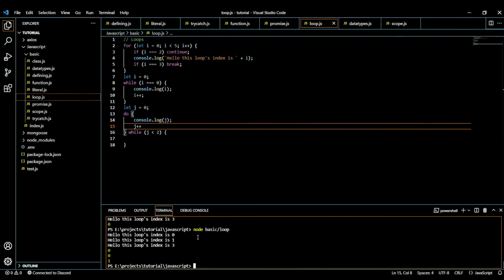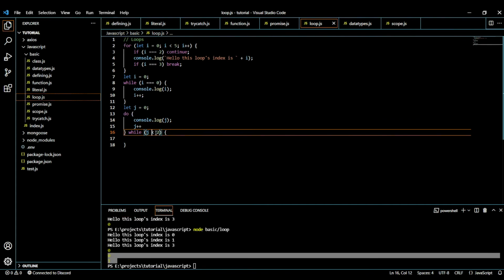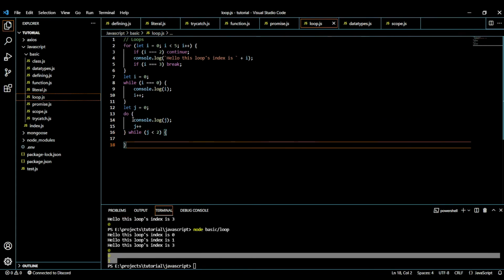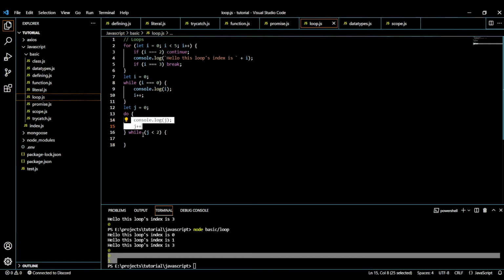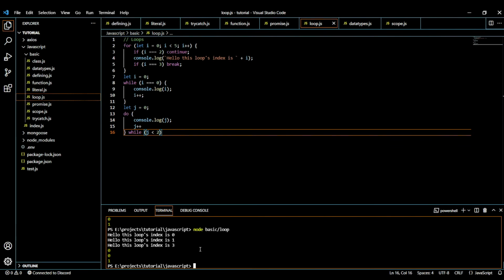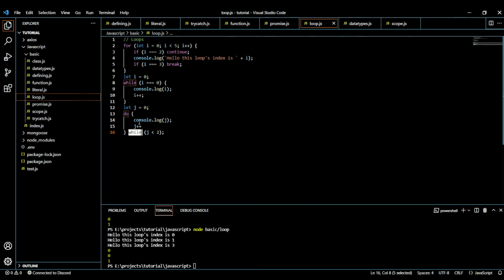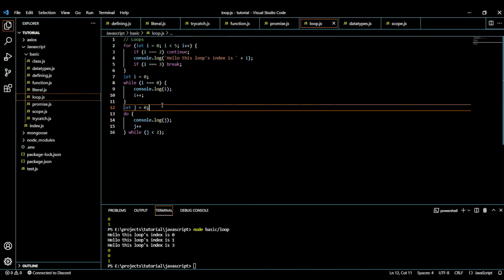So if I do this now, you can see it logged 0 and then 1. So it runs all the code inside do. And by the way, my bad, now it will work. So, well, that's the correct syntax, and do all of this until this condition is true. This is all about loops.